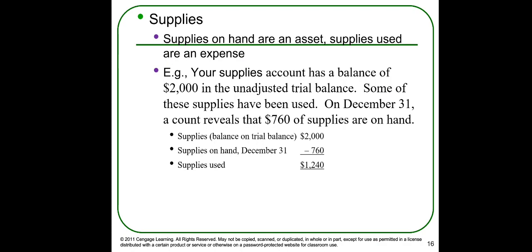So when you have them, they are assets. In accounting, we record it as asset supplies. But when the shop uses the supplies to provide services to customers, then the supplies change to or become